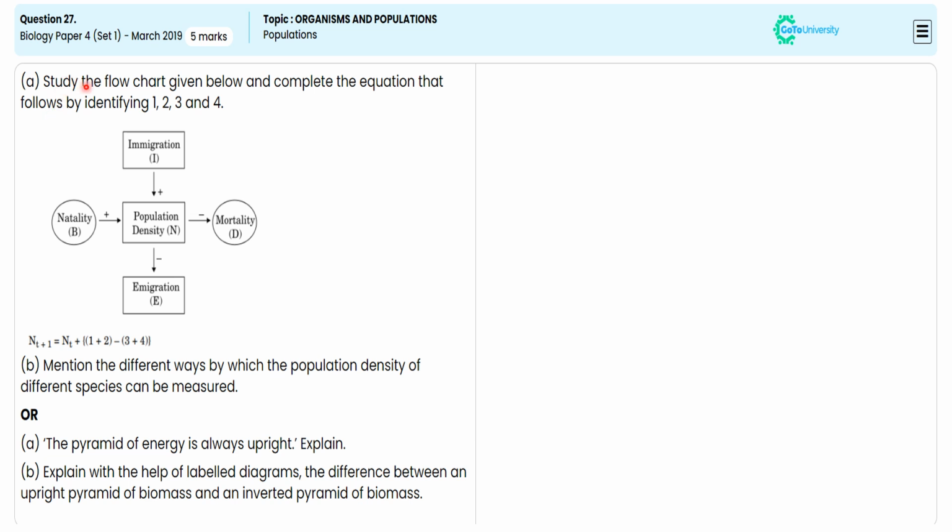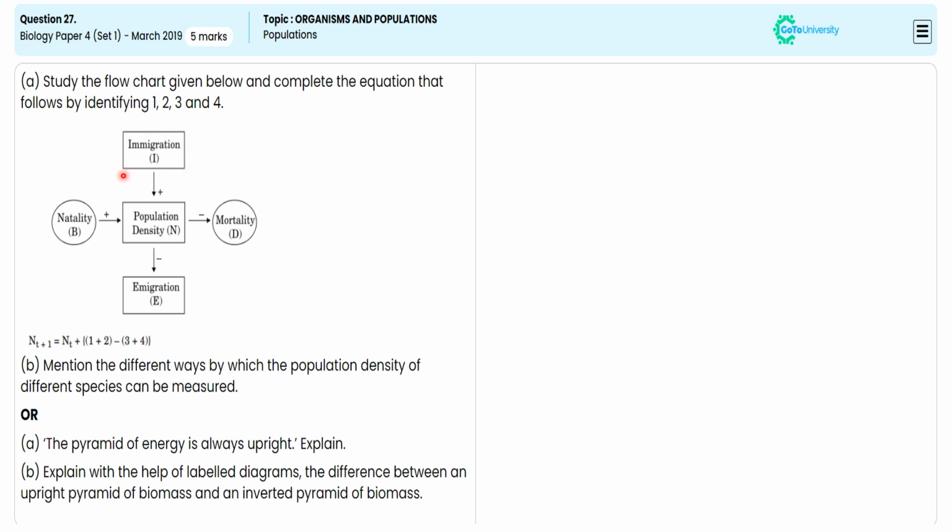In this 5-mark subjective question, they are directing us to understand the population density flowchart to identify the 1, 2, 3, 4 in the given population density equation. After understanding the various terminology of the flowchart, the natality rate is indicating the birth rate, whereas the immigration is